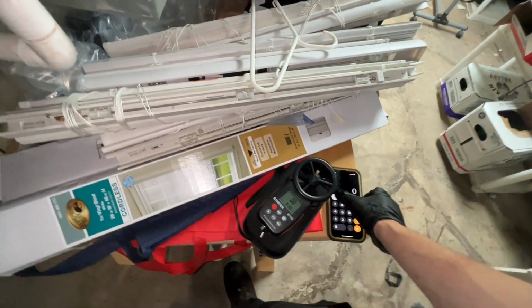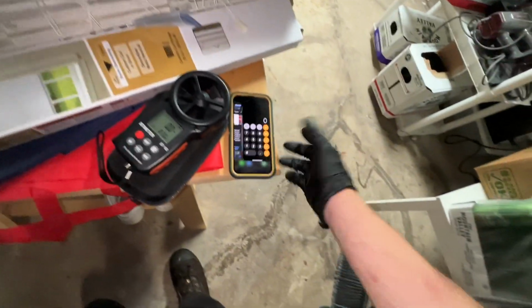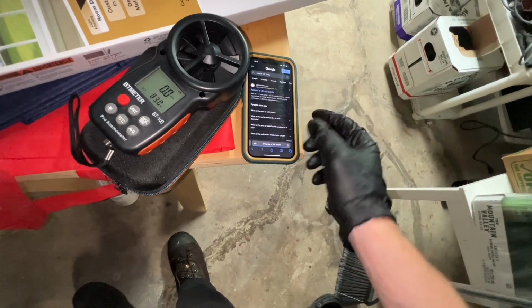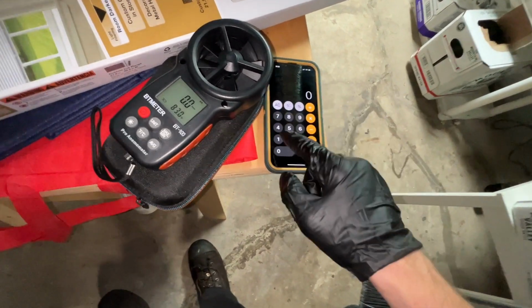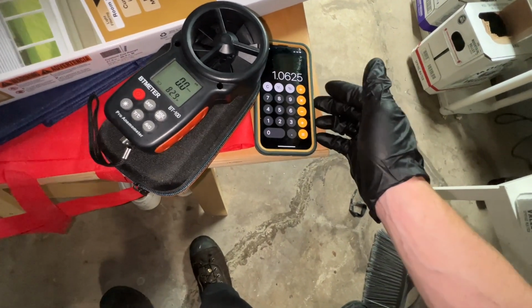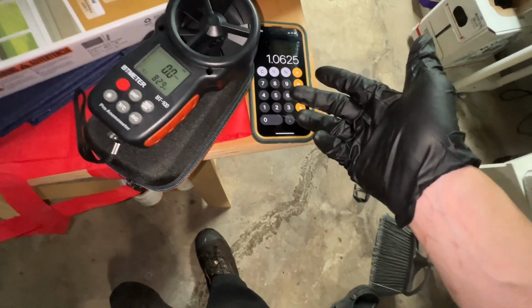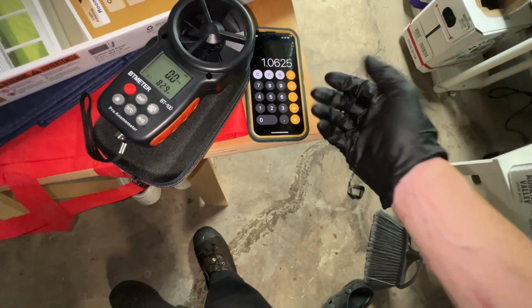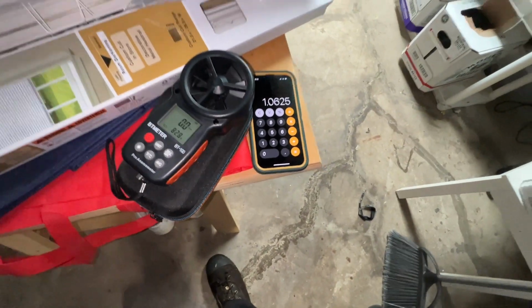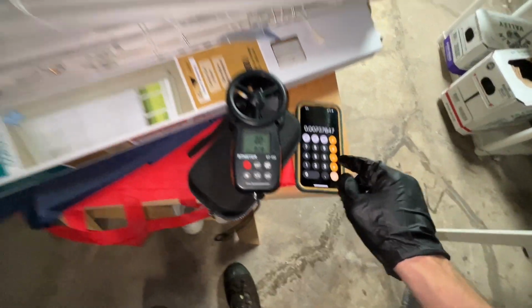Okay, so a quick way to figure out airflow is with a pretty simple formula, and that's velocity times area is CFM. I know this is 14 inches, so if you look up a 14-inch circle, you get 153 square inches. So 153 divided by 144, because that's 12 times 12, and that's square inches, and we're dividing it by 12 squared to get it in feet, and that's 1 foot and 6 inches of free area. So with that, you can then get your